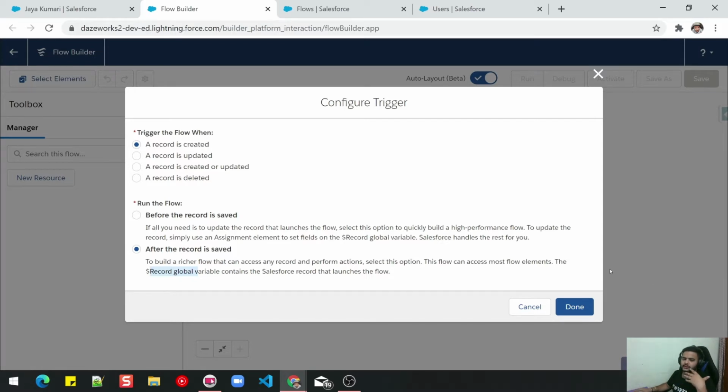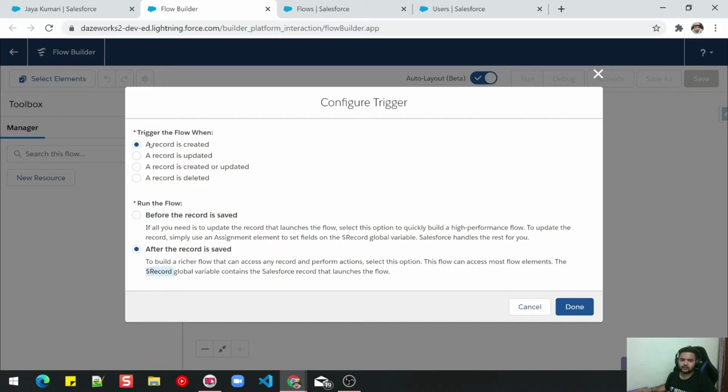Don't worry about this variable, because this is the current record on which your flow is triggered or invoked, but make sure you use it wisely, because if you are not using it cautiously, it can create some mess. So always be mindful while using this.